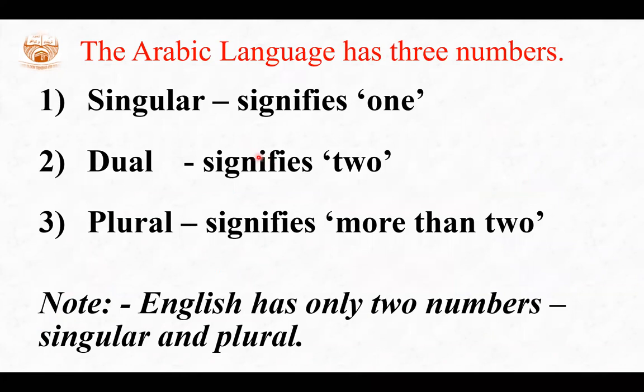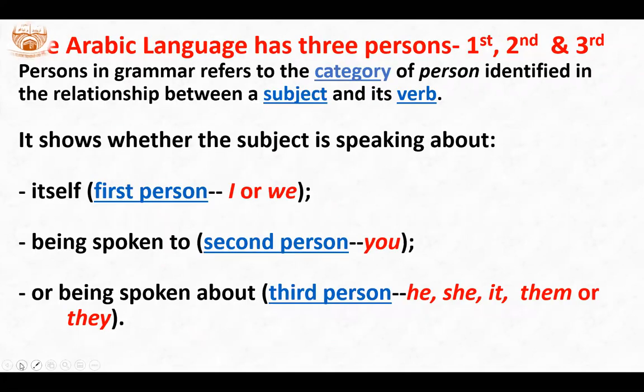So we have the numbers. I can go through it quickly with you. There are three numbers: singular, dual, and plural. Right? We did the dual. In English, we only have two, which is singular and plural. But in Arabic, we have singular, dual, and plural. Dual is two. How it is formed and what it signifies, inshallah, that will be done afterwards. We have the persons as well. There are three persons: first, second, and third. What they are, we will do that in our next class, inshallah.